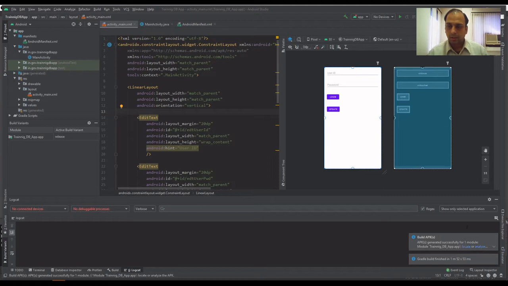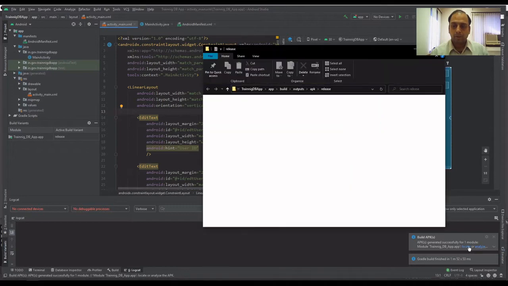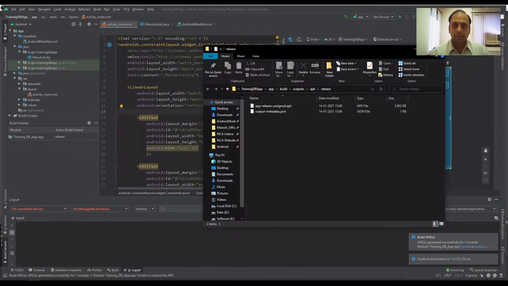Then here in this box on the bottom right side, you can see a locate option is given, or analyze. Analyze means analyze it for errors or for different parameters. So presently we are going to see where the present app is. So click on locate. It will open an Explorer window with your app inside.